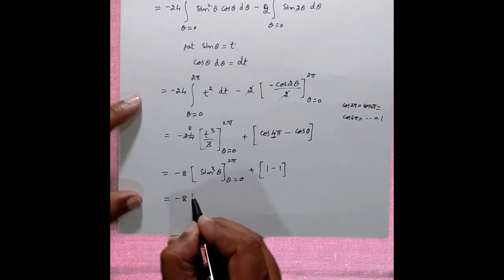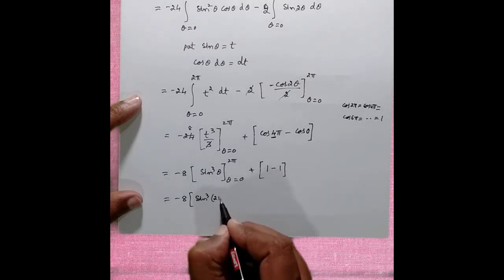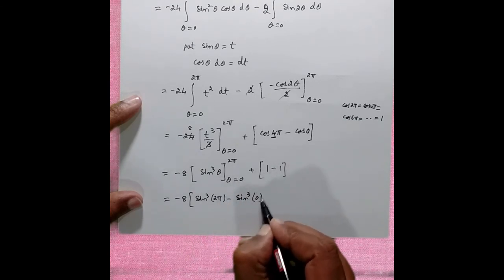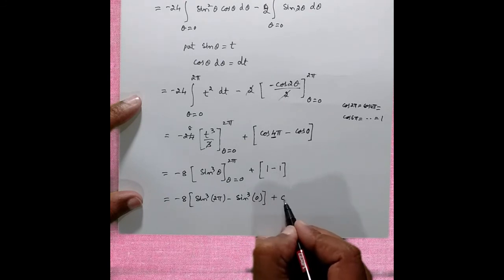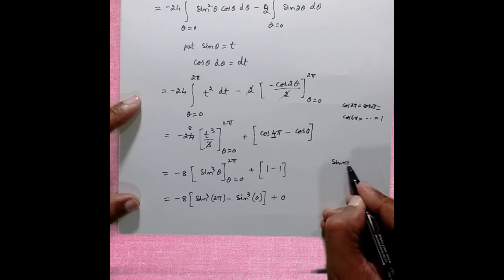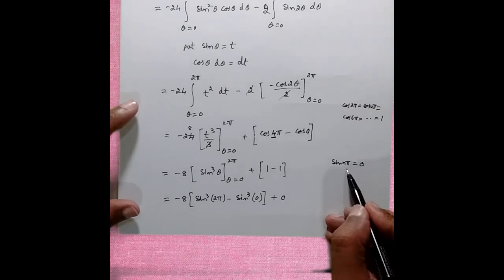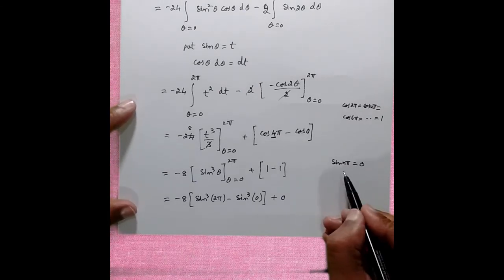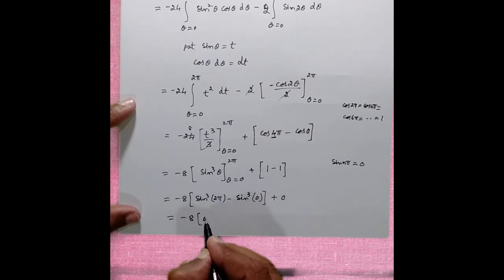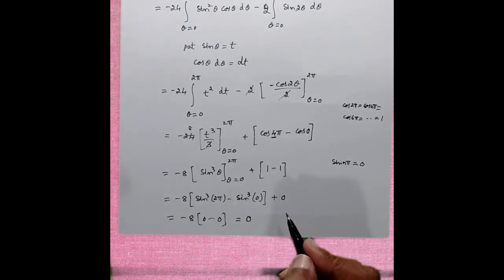So here it is minus 8 times of. So apply the upper limit value, you will be getting sine cube of 2 pi value minus, again lower limit value for theta will be 0, sine cube of 0. So 1 minus 1 will become 0 over here. And sine of n pi value will be equals to 0, irrespective of whether this n is an odd or even value. So sine of 2 pi will become equals to 0 over here, and sine of 0 is also 0. So therefore its value will become equals to 0.